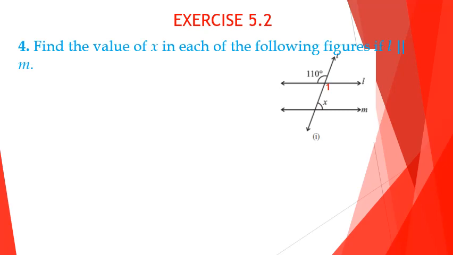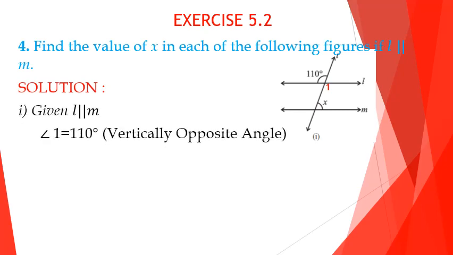No. And are interior angles on the same side of the transversal given or not? That also is not given. In that case, you can mark an angle. Here I marked angle 1 as the interior angle. So what about the measure of angle 1? Yes, it is 110 degrees. What is the reason? Because they are vertically opposite angles. So I got angle 1 as 110 degrees by using the property of vertically opposite angles.